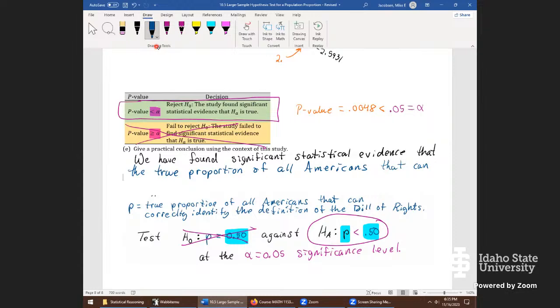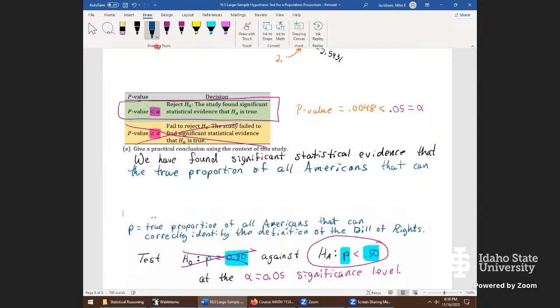I forgot to Google that before class today just to refresh myself personally, so I fear I might be in the wrong end of this kind of problem as well. The definition of the Bill of Rights